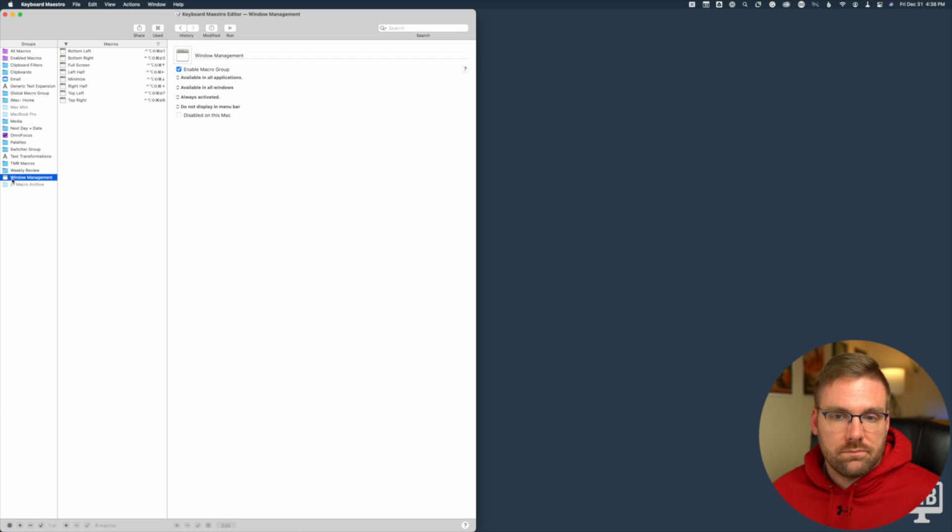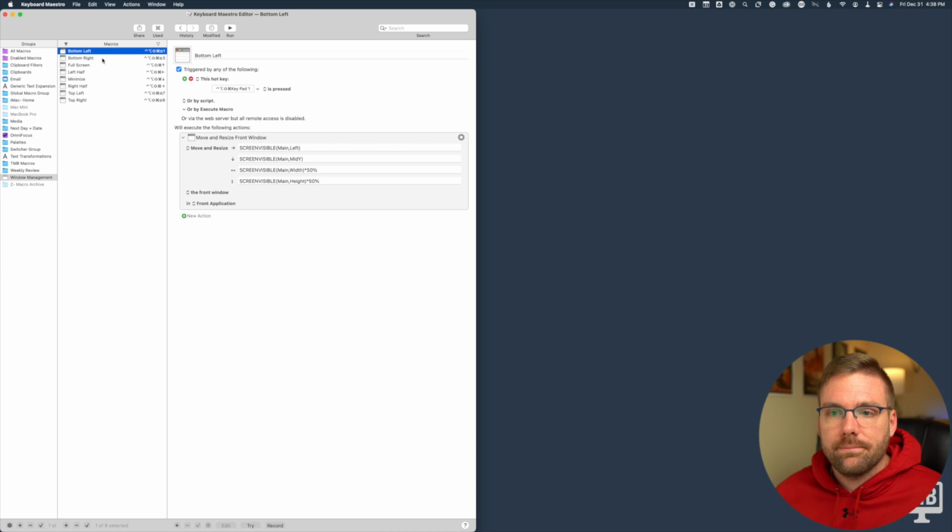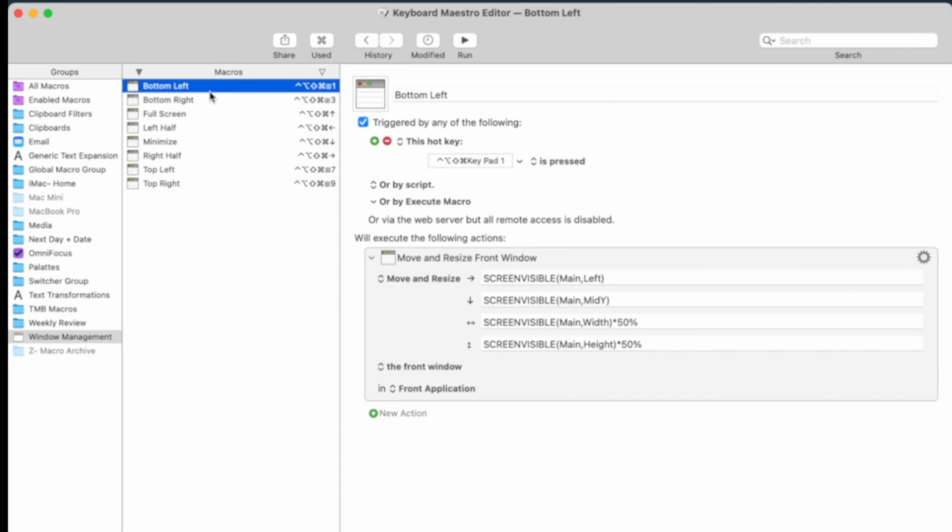So I have a separate folder for that, and you can see that I have a variety of different options, and I have mapped them all to my number pad. I have a Logitech MX Master 3 keyboard, I believe, and the mouse. So if I got that name wrong, I apologize, but I have the keyboard, and it has the extended number pad on it, which is super helpful. So what I have is every quadrant of the screen I've assigned to the corners of the keypad.